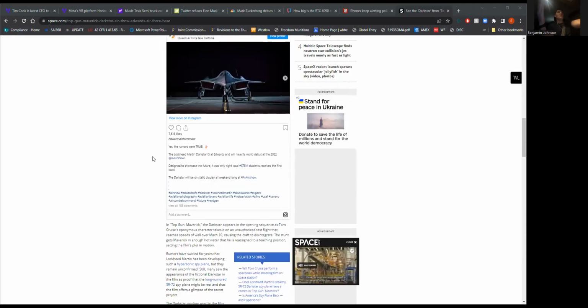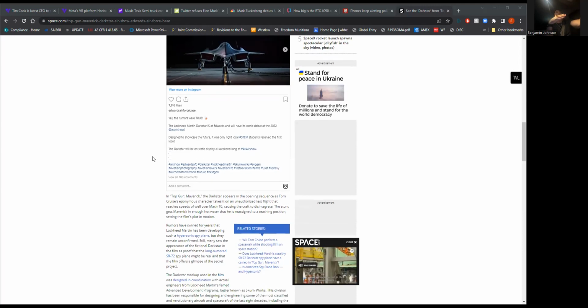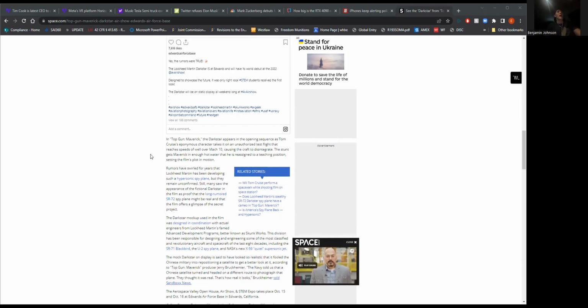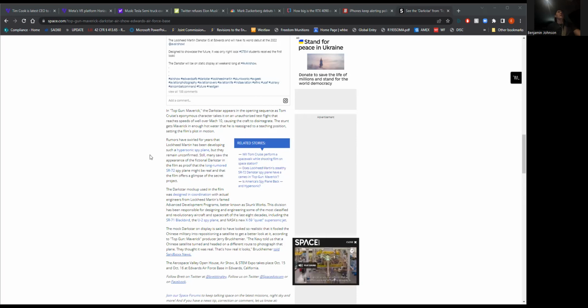And so ever since then, the plane and aeronautic fans, the industry, the people who love planes, they've always been skeptical of what the government has and how fast the government is going with their planes that are either part of Skunk Works or part of Black Projects, whatever it might be. And